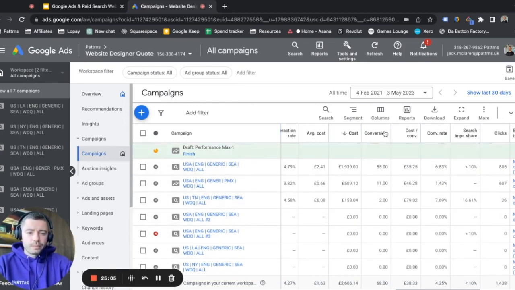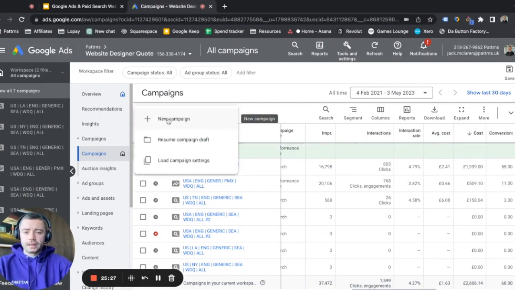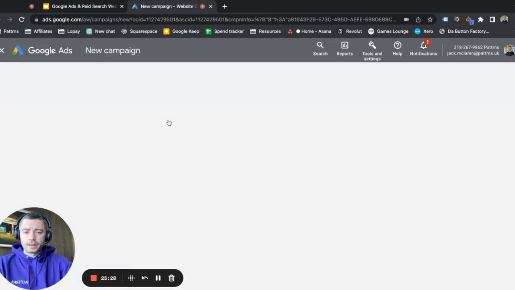Here's all the metrics associated with them. You can see conversions, you can see the cost per conversion. You can see the number of interactions, so how many clicks they've had, how many impressions, which is how many times someone's seen the ad, and the average cost per click, which is also something to be aware of. So if this was the first time we were setting up a campaign, we might want to come into this campaign, click that new campaign button,